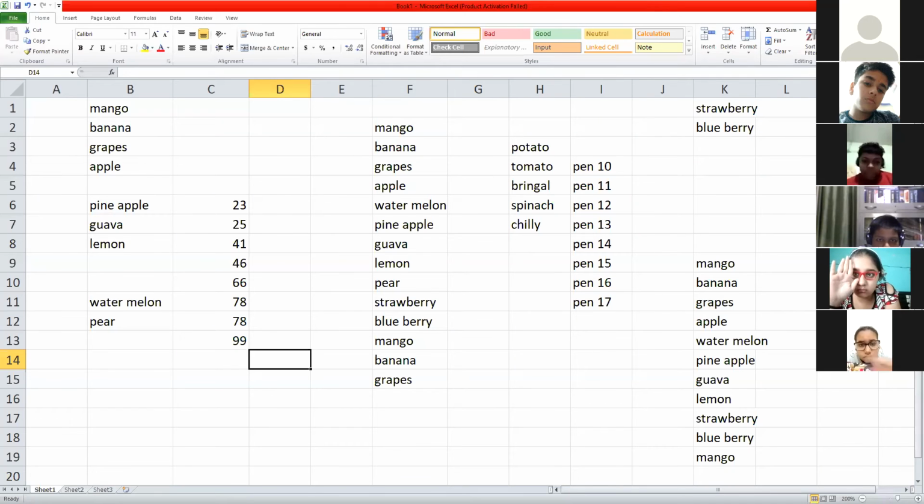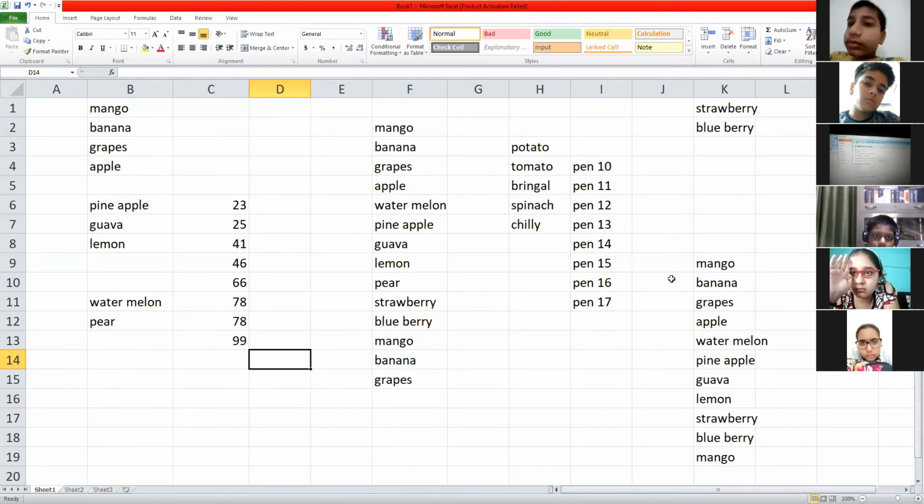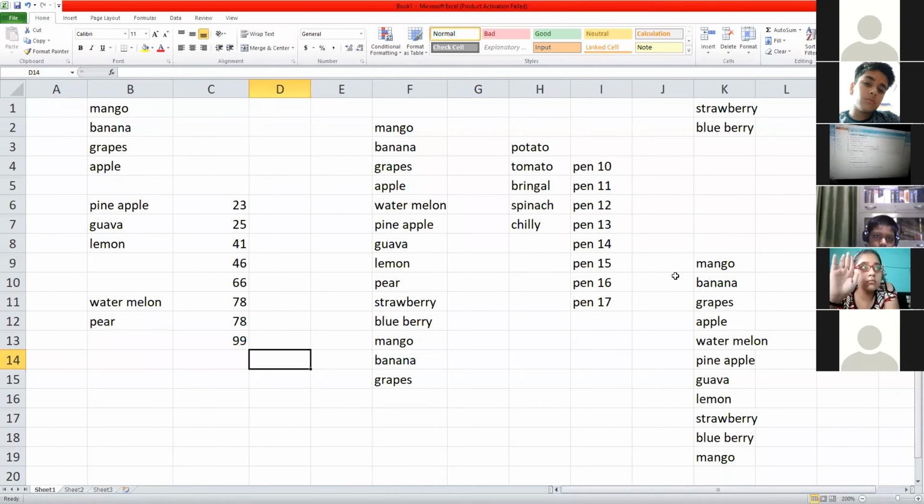Ma'am, I have also found that option custom list, edit custom list, but it is showing in the popular menu. That is different because you are using a different version, right? But the working will be same. Ma'am, if it asks to write the steps, what should I write, advanced or popular? You write advanced only because in the new versions it is under advanced feature. What is there in your book, you write that only. Okay, ma'am. Thank you, ma'am.